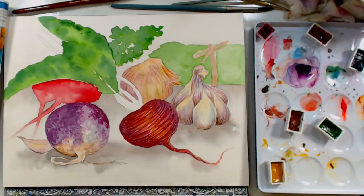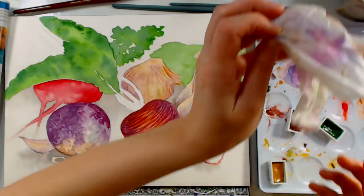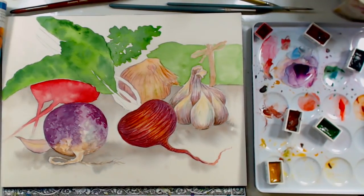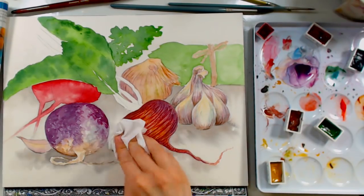A. Voltnik says compared to Fabriano. Yeah, Fabriano does not have as much sizing in it, so with Arches you're going to have a lot more. Your paint is going to move a lot more. I need to grab something dry to block that. I got tissues right here. Some wayward